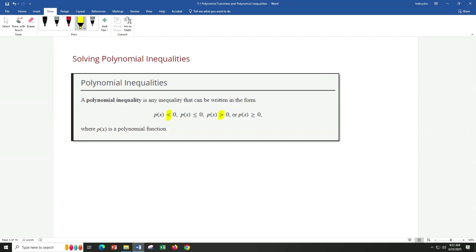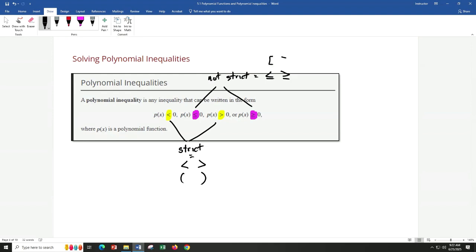Okay? So you're going to be dealing with parentheses. Not strict is these guys right here. Okay? So here we have strict. Here we have not strict. Not strict has that. This has that, which means here you're going to be dealing with parentheses. Here you're going to be dealing with brackets, unless you're going off to infinities, which you always deal with what